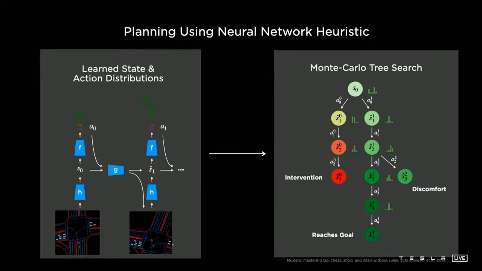So instead, what we want to use is neural networks to give this heuristic for us. The vision networks produce a vector space, and we have cars moving around in it. This basically looks like an Atari game, and it's a multiplayer version. So we can use techniques such as MuZero, AlphaZero, et cetera, that were used to solve Go and other Atari games to solve the same problem. So we're working on neural networks that can produce